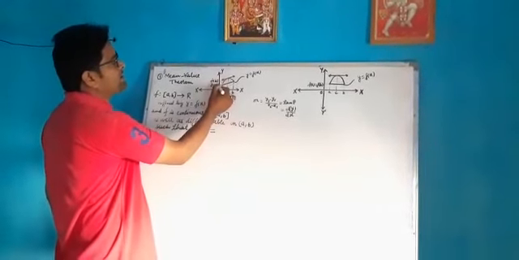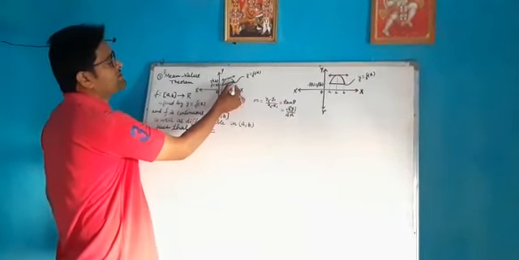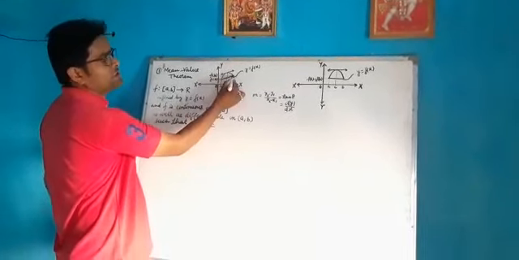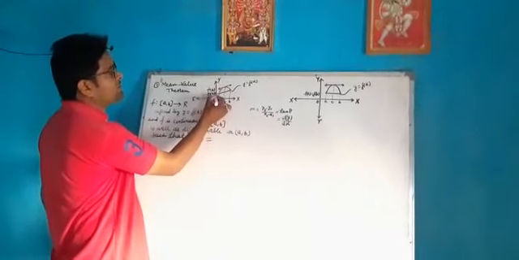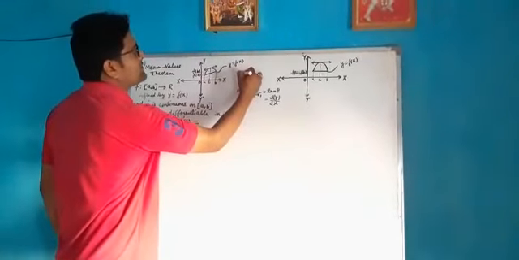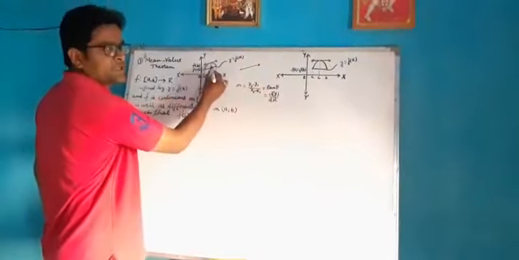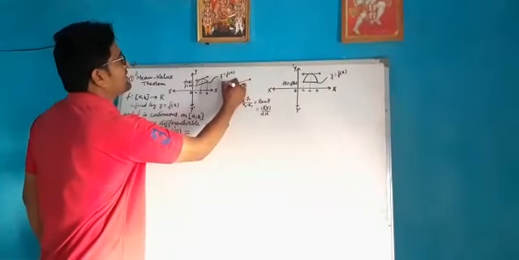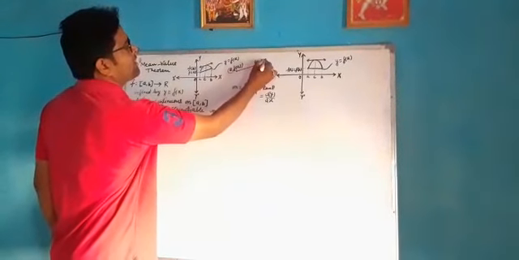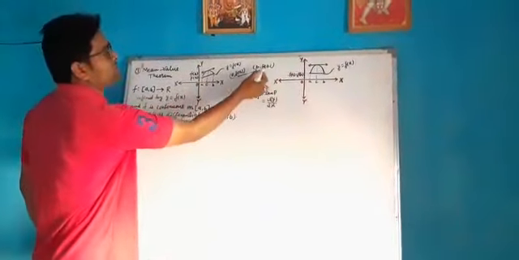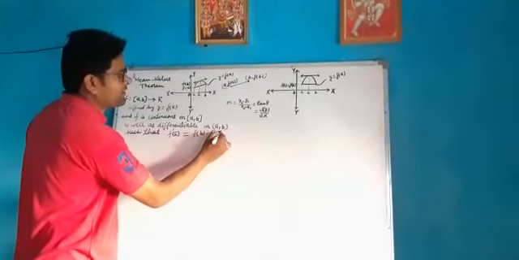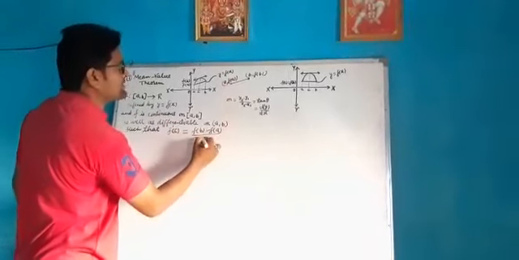What is the slope of the secant here? You can see f(b) is here and b is here. The x coordinate is b, the y coordinate is f(b). Here the x coordinate is a, the y coordinate is f(a). So for this line segment, the secant, the coordinates are (a, f(a)) and (b, f(b)). So can I say the difference of y coordinates is f(b) minus f(a), by the difference of x coordinates, b minus a.